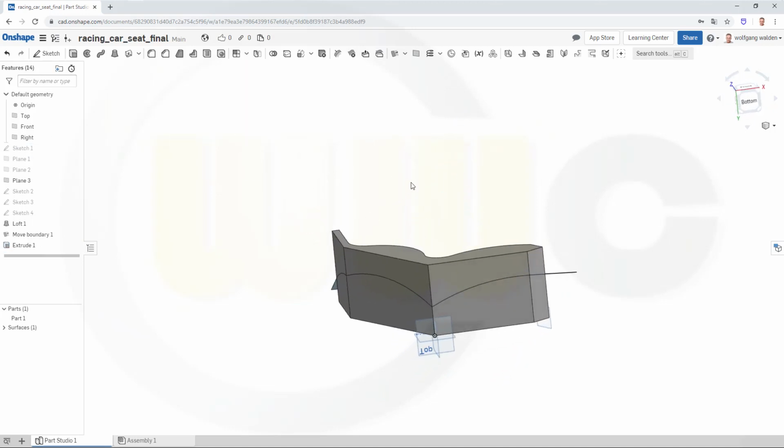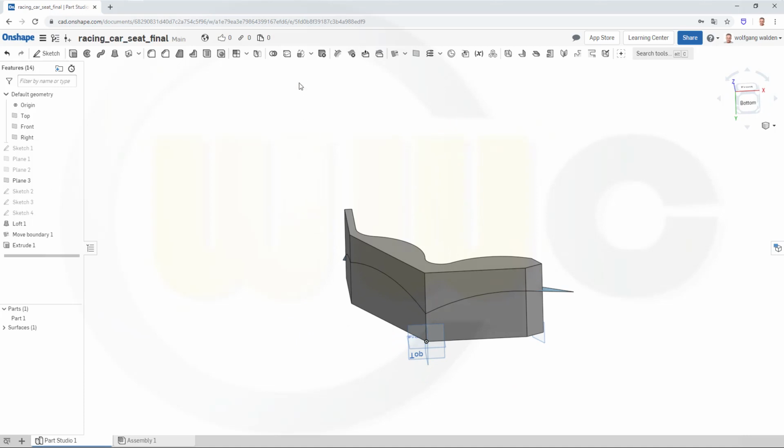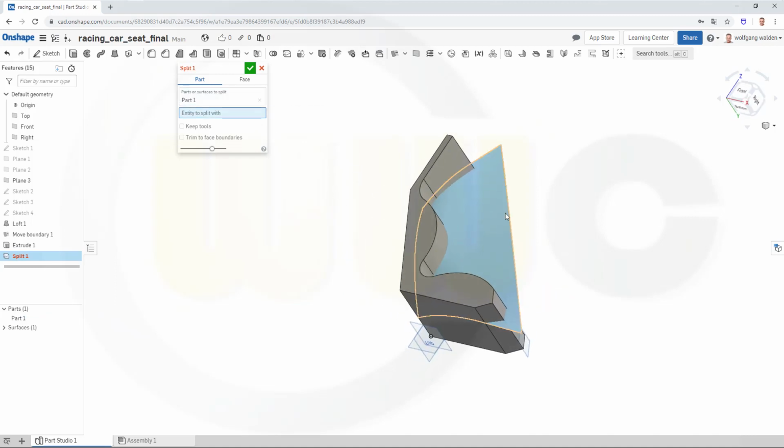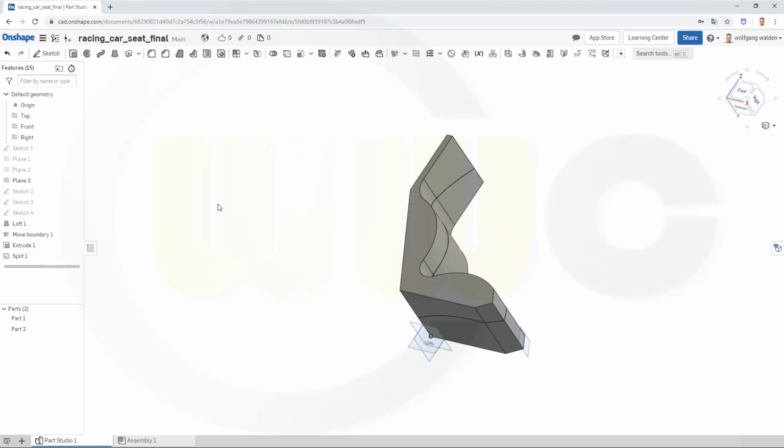Now I can split that body, so go for split this solid with this tool and confirm, and let's hide which one is which. That's the wrong one, that's the right one. Okay,